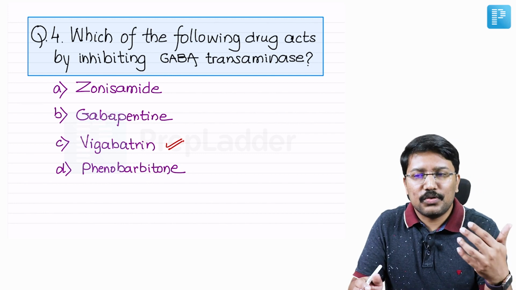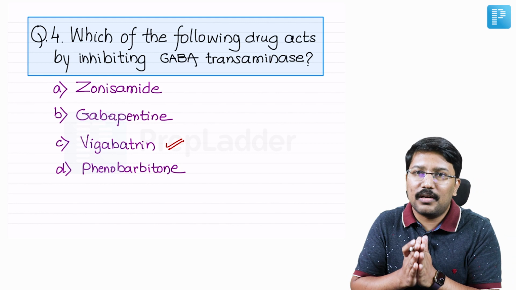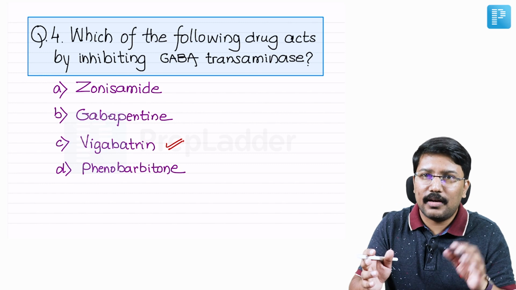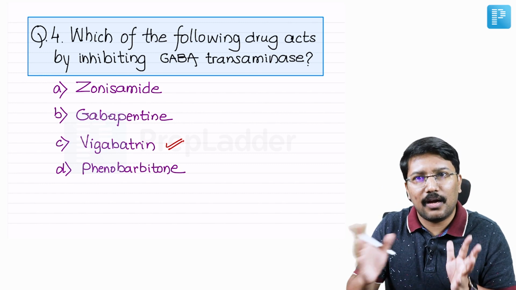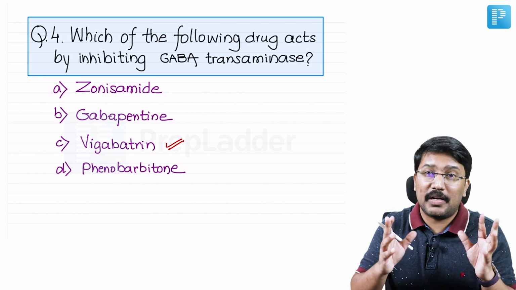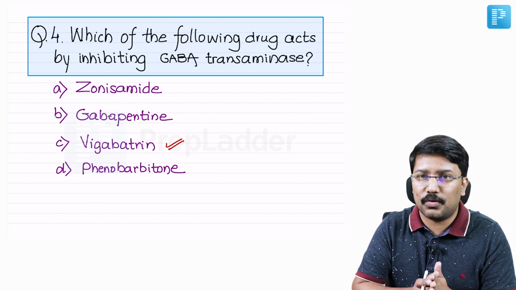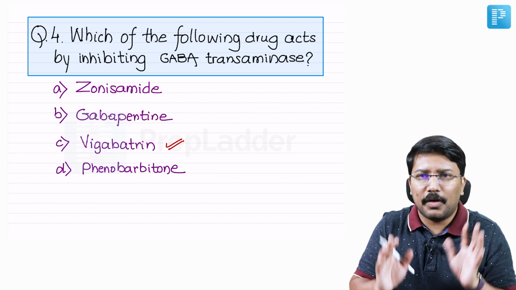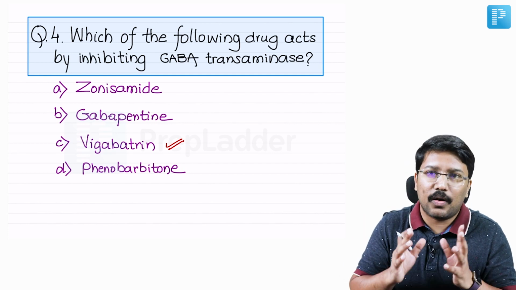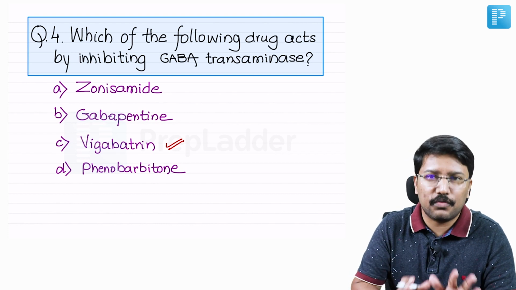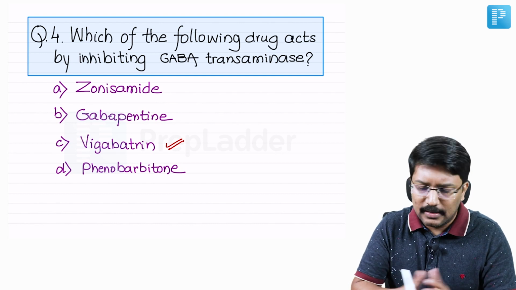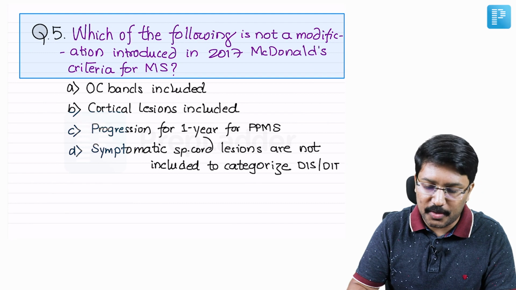But yes, for those who are aiming for neurology, there is one important area to focus on. That is the pharmacology of drugs. Pharmacology becomes more relevant for neuro and cardio in comparison to other specialties. I wouldn't ask my students who are preparing for endo to spend 2-3 hours on metformin to learn about its pharmacology. But when it comes to neuro or cardio, pharmacology is very, very important. So pay attention to every drug, its mechanism of action, side effects. You cannot skip this. You will get 1 or 2 questions for sure from this aspect, and the questions are likely to be a little googly. They may not be simple or straightforward. This was a straightforward question, but you can anticipate complicated questions there.